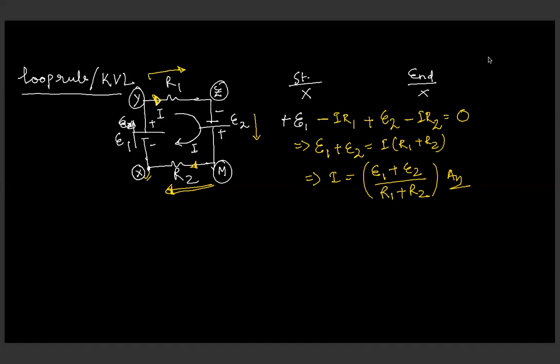But for the timing, I'm going to solve the other part, and I will take up these examples more in the discussion session in the next when I will be solving the numericals. Okay. So every circuit, at your convenience, you can solve it by using the loop rule or by using the junction rule. It depends on how the circuit is given and how comfortable you are to solve it.